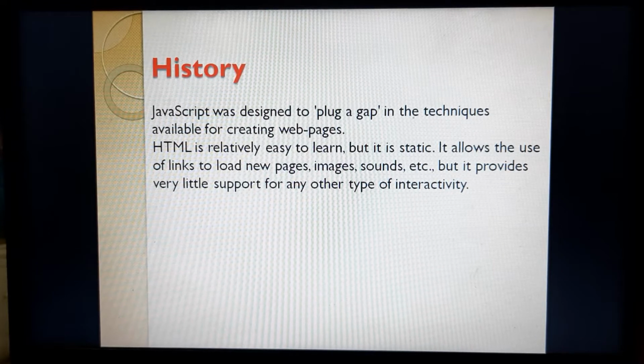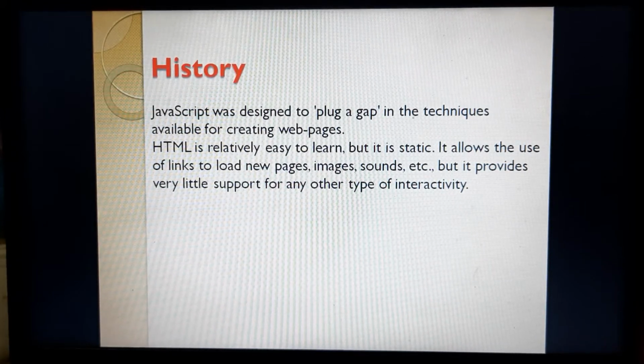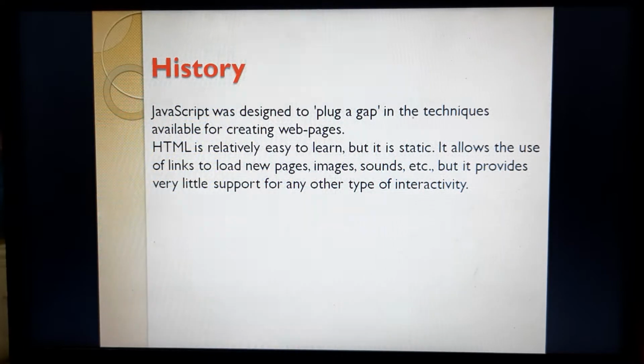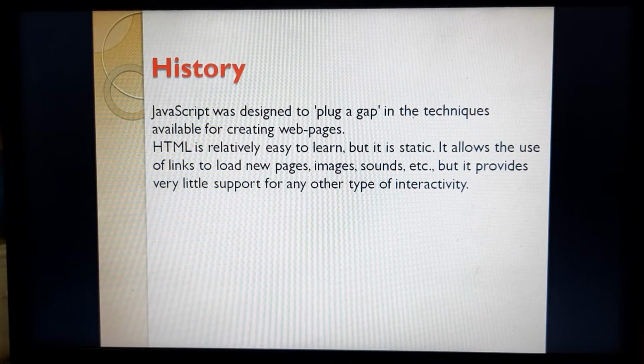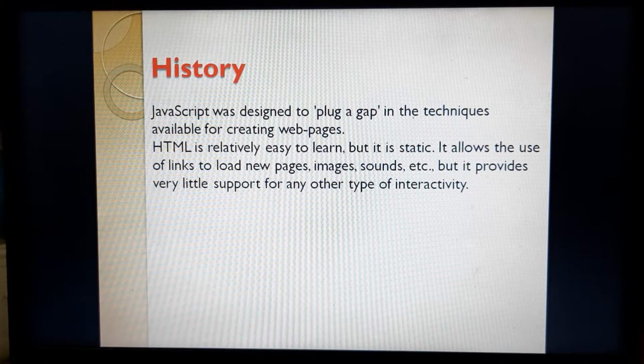As we had discussed, HTML is relatively easy to learn and also to implement static web pages, which allows you to link and load new pages, images, sound, etc. on the web pages.